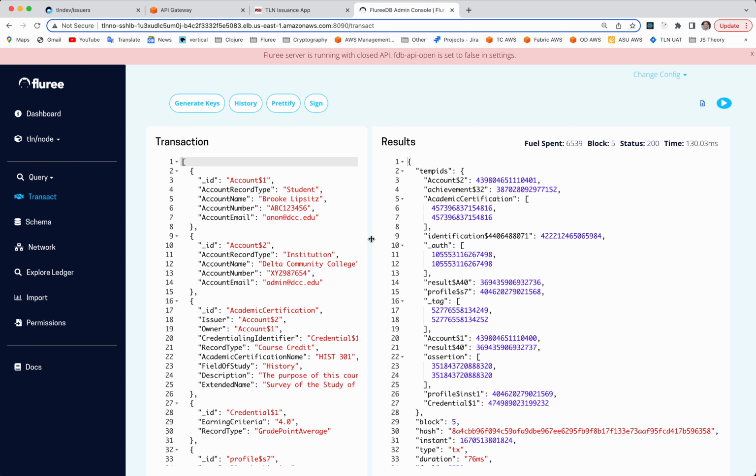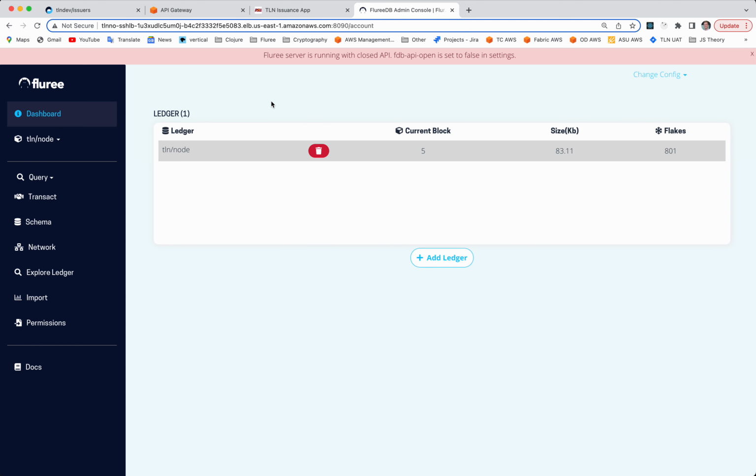Now that that infrastructure for the node has been set up, and now that we've gone ahead and added that Salesforce data, really the last thing that remains to be done is to inform the TLN of the actual endpoint where that data is accessible, so the TLN can add them to the registry of issuers and then run the node evaluation service to check for all the things I described earlier: availability, healthiness, and the instantiation of certain data